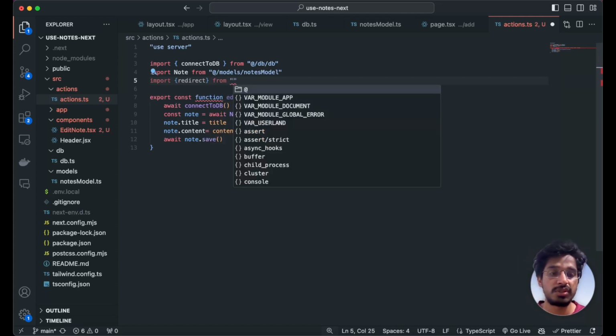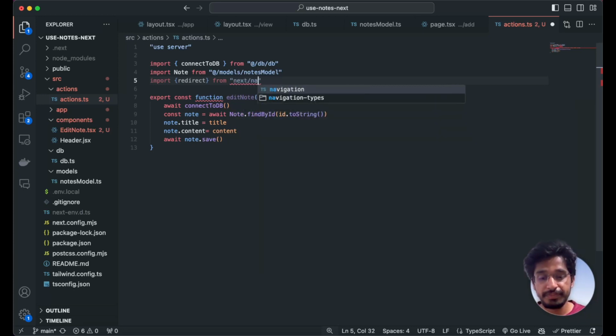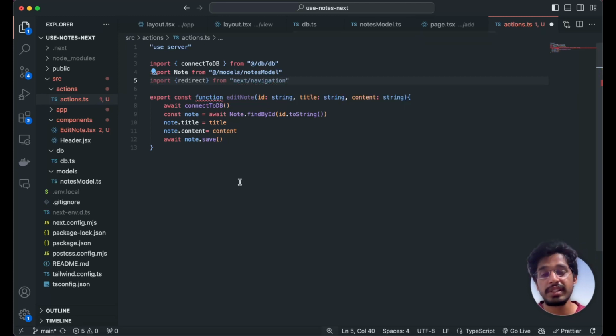There is also something called next/link, which we usually import for the link, but that's not from there. It was router previously, that will not work anymore, so we just need to use next/navigation, and then let's redirect the user to the